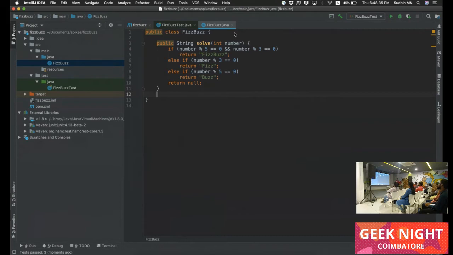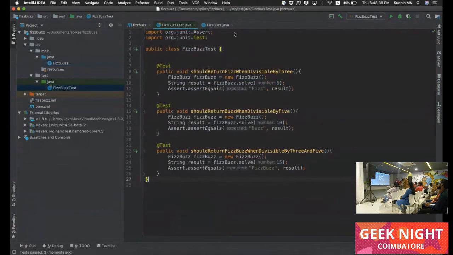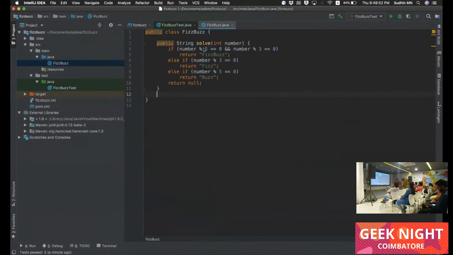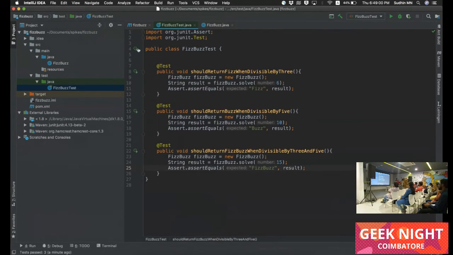If tomorrow you want to make any changes, you can be confident that your previous logic doesn't break. And if someone new comes to the team, they don't have to read the code to see what this if does, or what this number divisible by 3 does. They just have to go and see the tests and understand the code better.